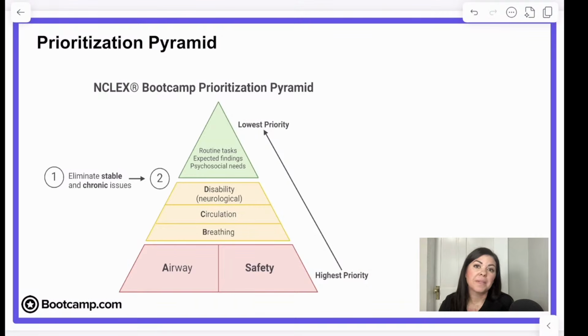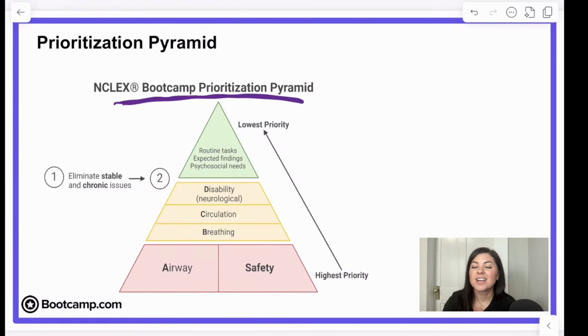So before we jump into the practice questions, I wanted to show y'all one really helpful resource that we're going to use throughout the webinar. This is our NCLEX Bootcamp Prioritization Pyramid that we worked really hard on to give you a resource or a tool, so that when you are sitting there trying to figure out a prioritization item, you can look at this pyramid and it helps you have a strategic approach to guide you as you navigate these